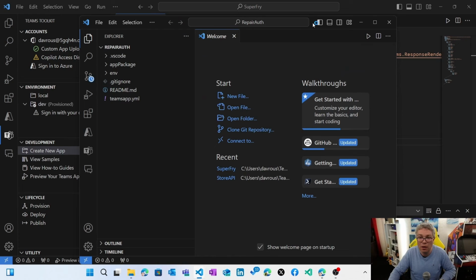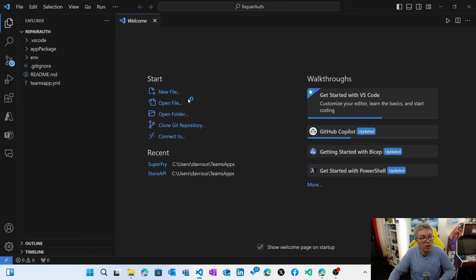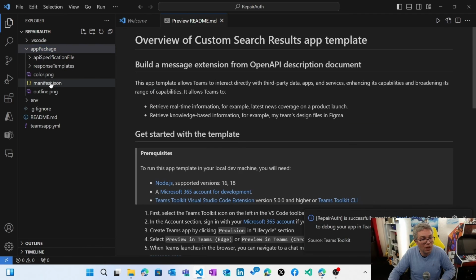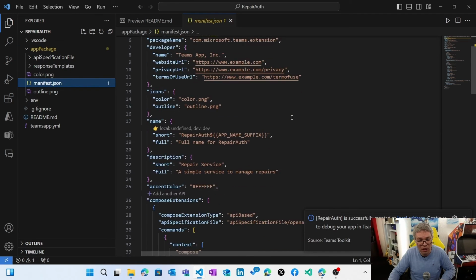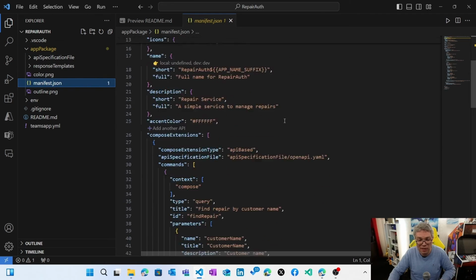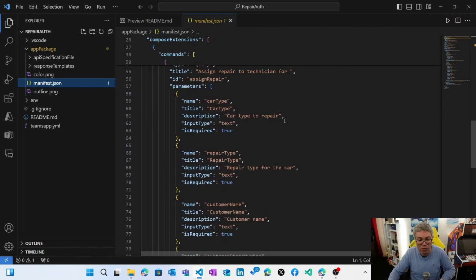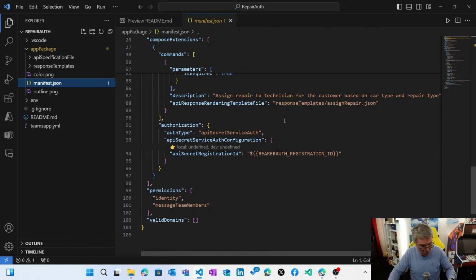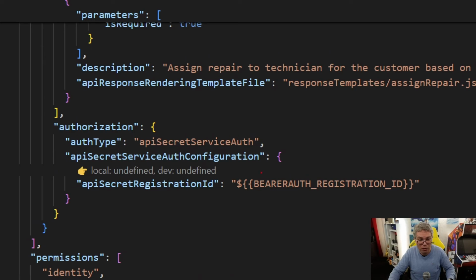So you see that now it's scaffolding a new project. And compared to what we have just before, if we now go inside the manifest, you will see that the manifest is slightly different because we have also a dedicated section for auth, where we will take your key. This key will go inside the Teams Graph service that will store it in our backend, in the Microsoft backend.